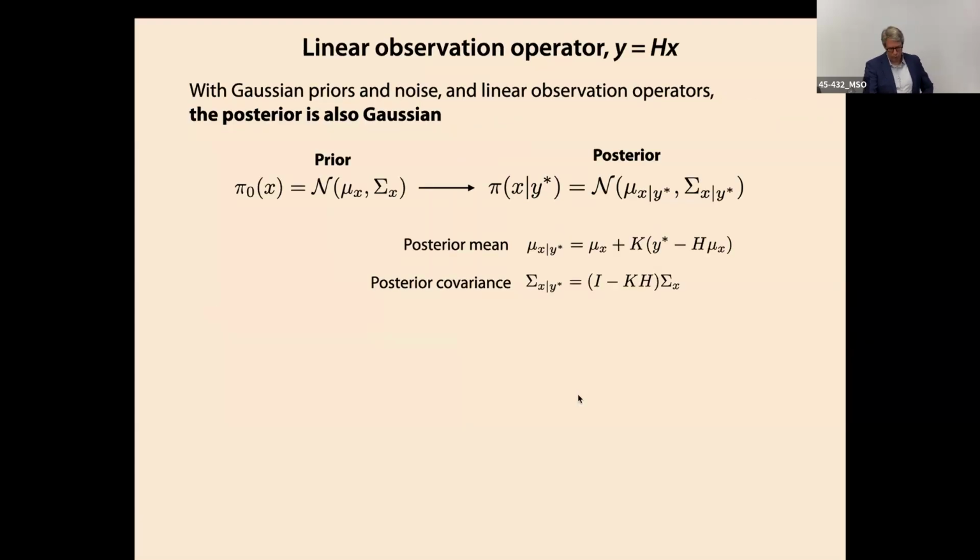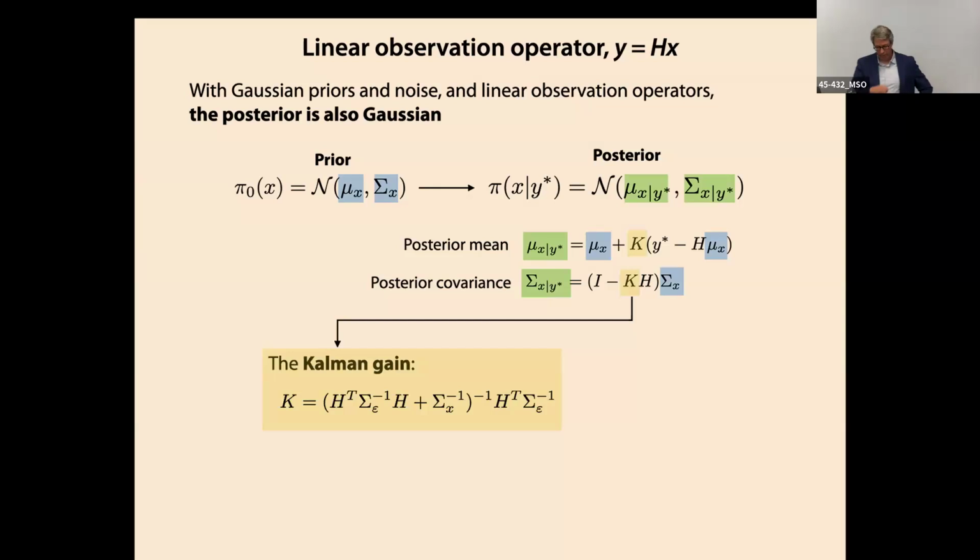Okay, so that's going to be advantageous. So I'm going to just quickly glance over the fact that if things are linear, then I can find the posterior distribution analytically, and this is obviously classical stuff here, very well known. But I'm reminding you of it because it's important to remember a few things about this. If everything is linear and Gaussian, then I have analytical expressions for everything I want, a posterior mean and a posterior covariance that come from my prior, and it shows me everything I could possibly want. There's a lot of intuition buried in this, which is it's a very attractive way of looking at things.